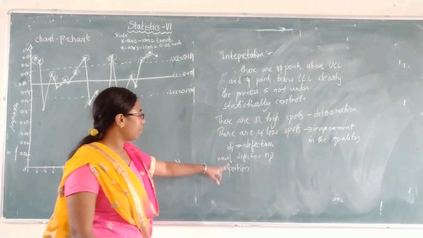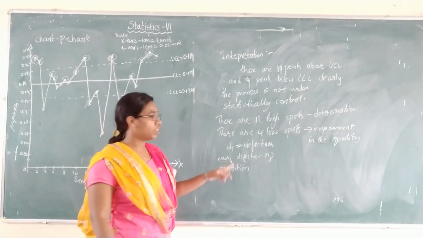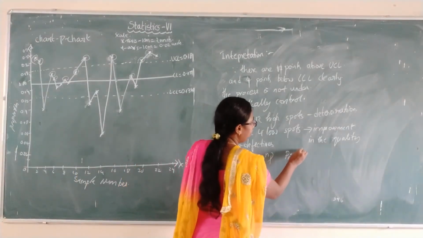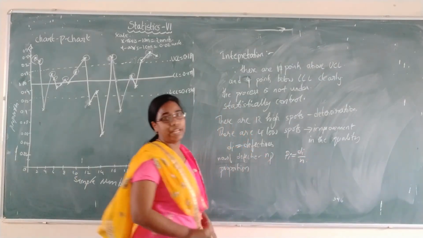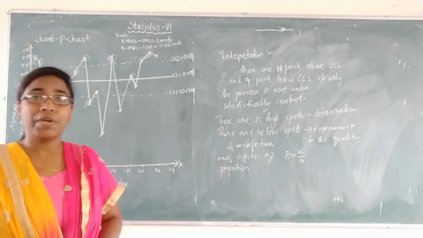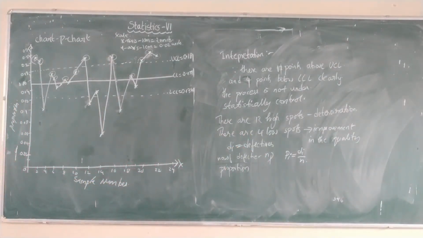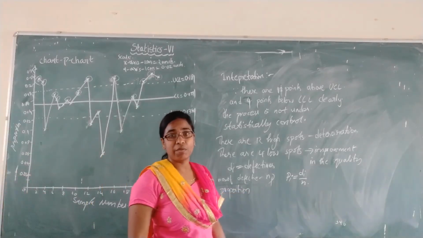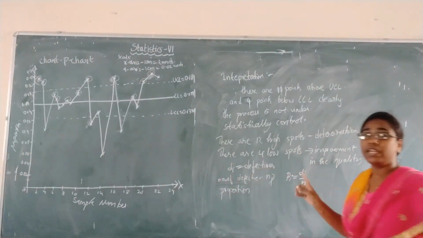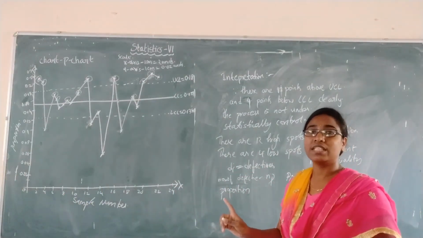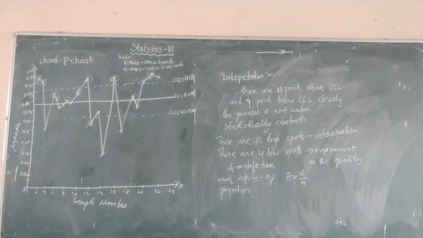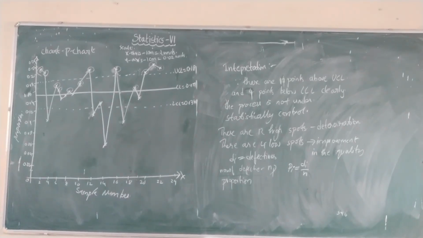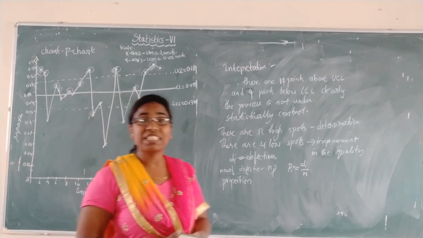Next, only your DI values will be given in the question. For those values, you will be finding the PI values by using the formula PI equals DI by N. So this is the P chart. N means the sample size. Here the sample size is constant, that is, the sample size is given as 2000, right? The sample size is constant, so for all the DI values you will be dividing by 2000 only. So that is a fixed sample case.